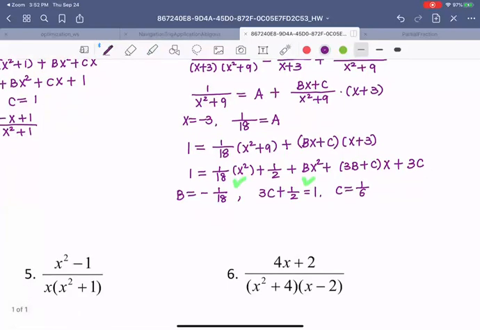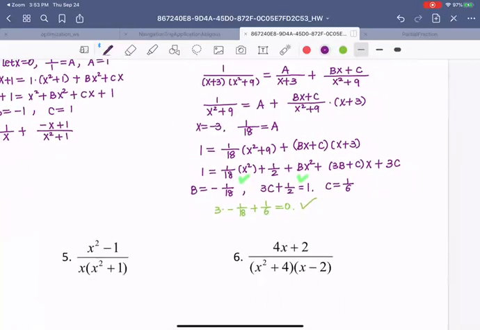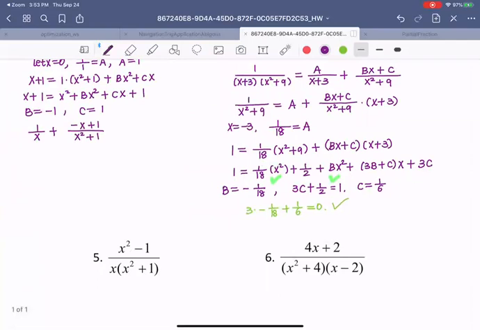Right. We can verify this. We can check if this guy is 0 or not. So if we check 3b, 3 times negative 1 over 18 plus c, that's 0. So we double check, that's okay. So the answer is that guy equals